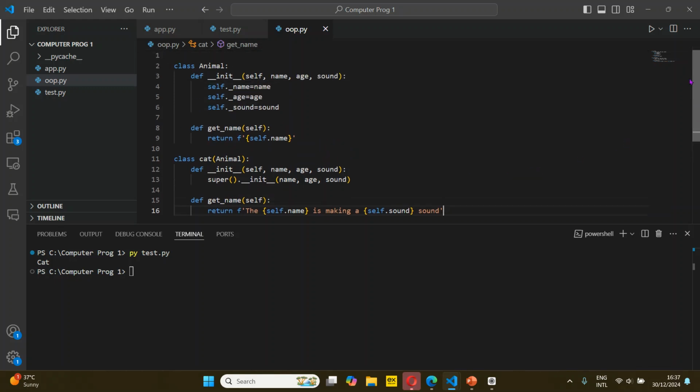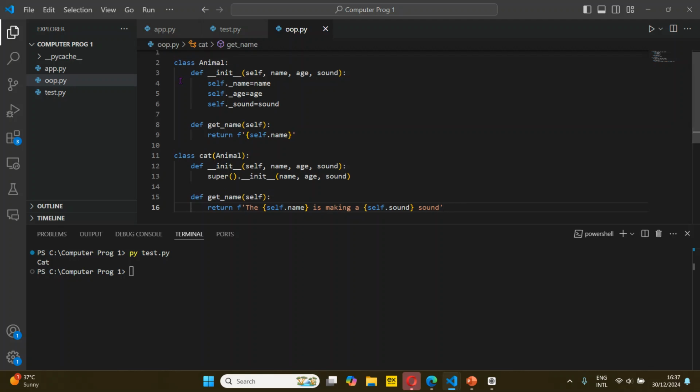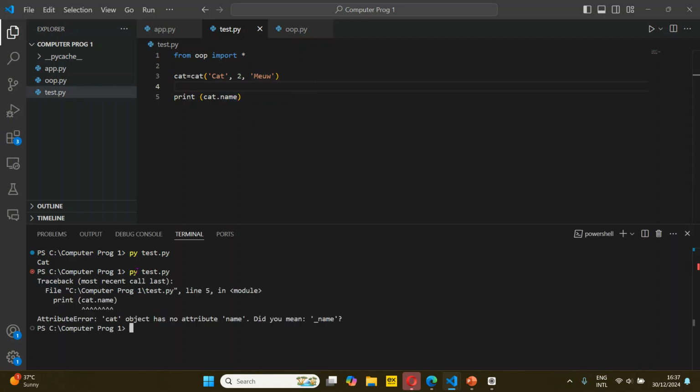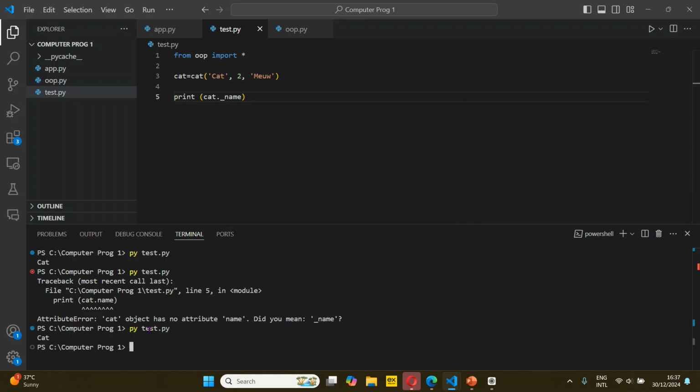So now if I want to run this, you can see that these are actually protected data, right? If I want to run this in the test.py here, so now let's assume here we have my cat, because I've already created this. So let's assume we have cat.name here. If I run this, it says cat has an attribute name. Do you mean name? So test dot name like this, right? It will actually show the cat because by default